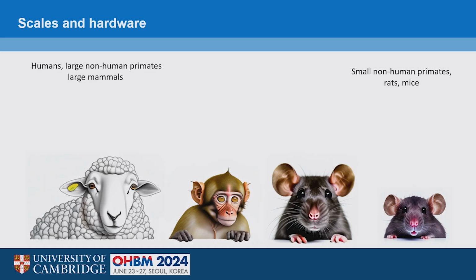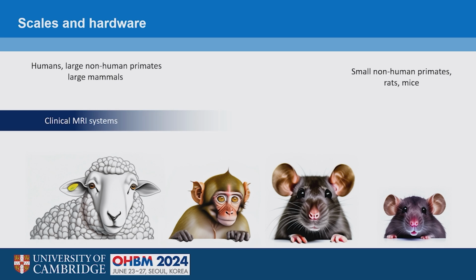So the issues in animal imaging come about from the different scales. Animals that we might image come from large mammals, the largest I've scanned is a sheep, to non-human primates, to rodents. For the physicists in the audience, these pictures aren't to scale. For the large animals, we're probably going to use clinical systems, in which case there's not that much to change in our acquisition parameters compared to humans, as I'll discuss. For the smaller things, we need to use preclinical systems. These will be at a much higher field. And the physics involved are the same principles, but the parameters change,